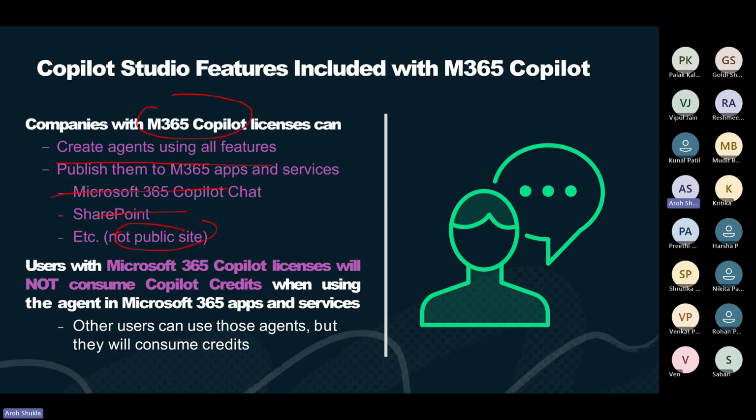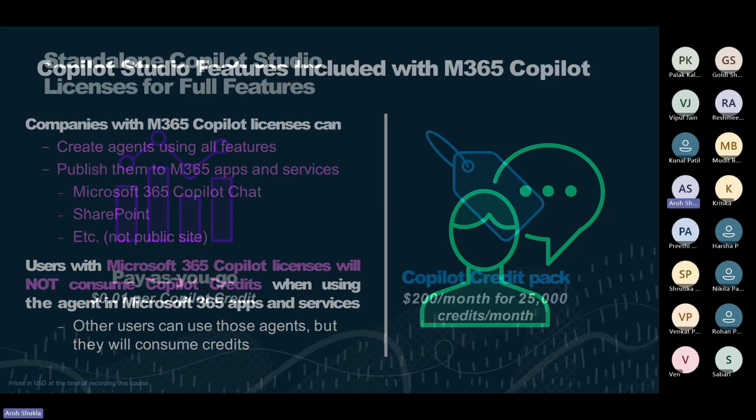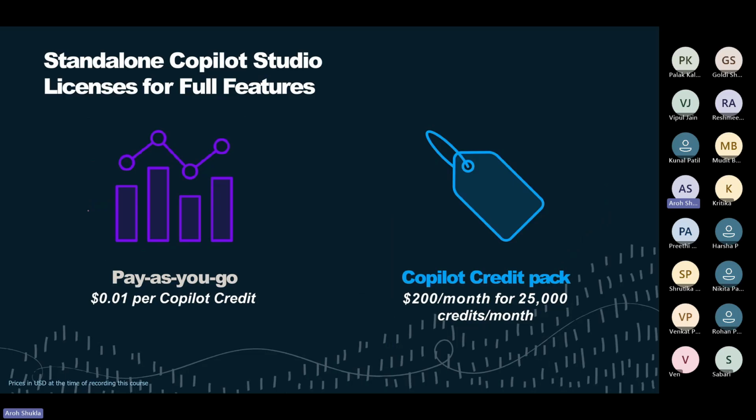But you can't do that for your public site, right? These days, many organizations are going for that because they want to publish to SharePoint, since SharePoint is their main source for sharing, or it could be any other third party. So many organizations go for a Copilot license, and then you can publish to SharePoint or any other Microsoft tools. That is part of your licensing skill set.